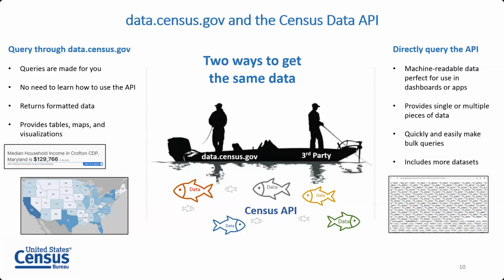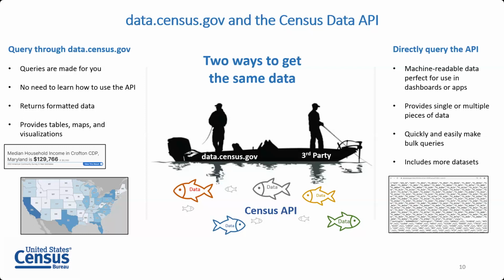Let's first talk about the figure that represents data.census.gov. So what this means is that data.census.gov is getting its data from the API. It's basically making queries directly to the API so you don't have to, and usually making a lot of these queries at once and then displaying that data in a more presentation ready format, whether that's through a table, a map, or a featured result, which I have a couple examples of at the bottom left of the slide here. This type of packaging is one of the major benefits to using data.census.gov to get your data.